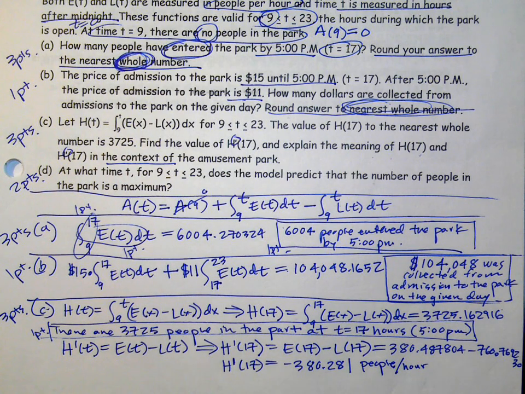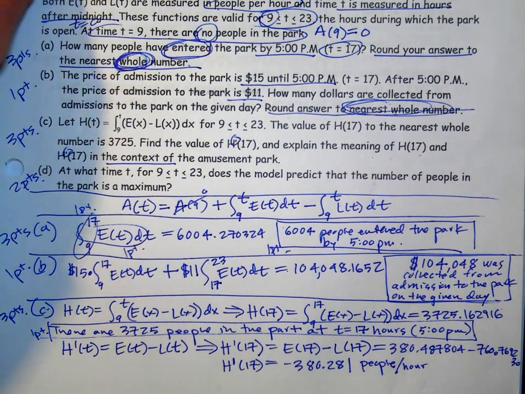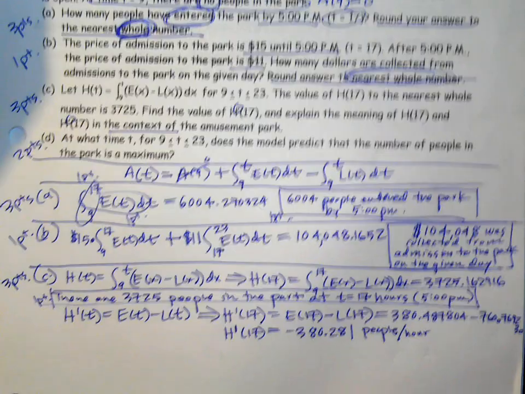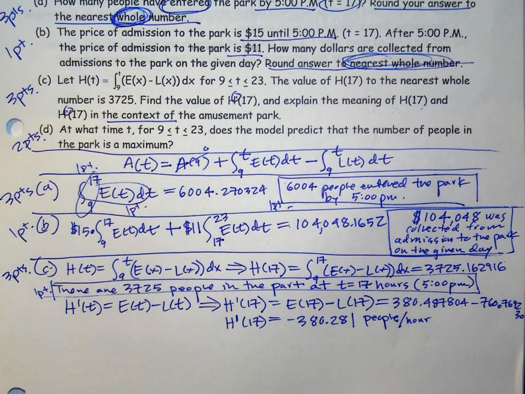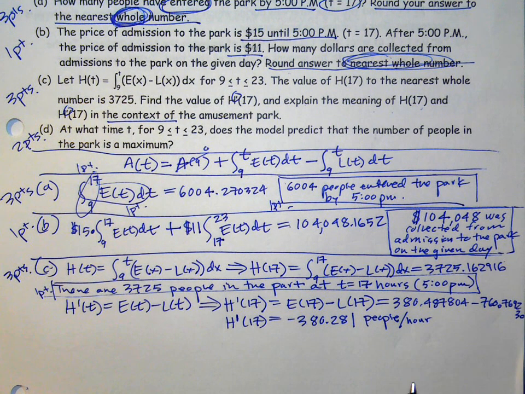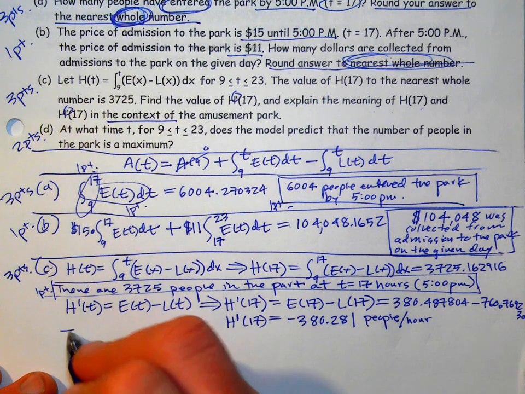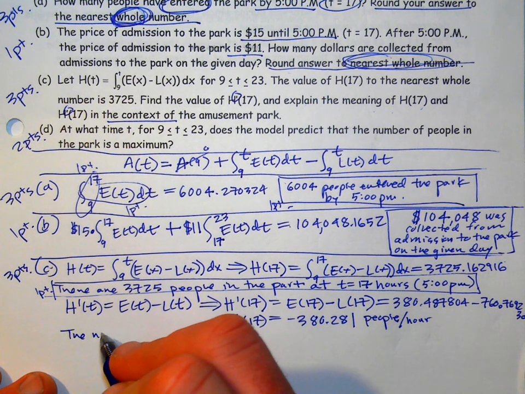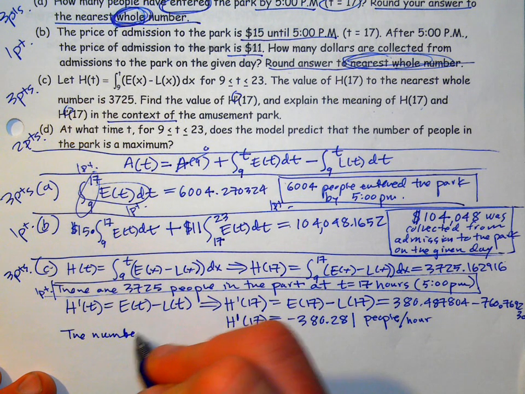And now we need to explain what this means. Now, we could just say it's the derivative of the amount of people in the park. I don't think that's quite what they're getting at. Usually, if they say to explain a rate in the context of the problem, one of the big things you want to do is if it's negative, you want to say that something is decreasing. Or if it's positive, you want to say that something is increasing. So I would say the best interpretation is the number of